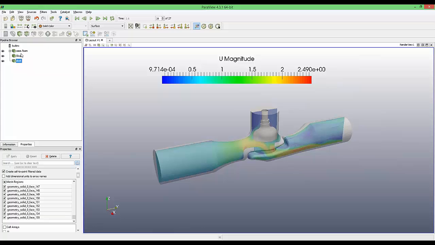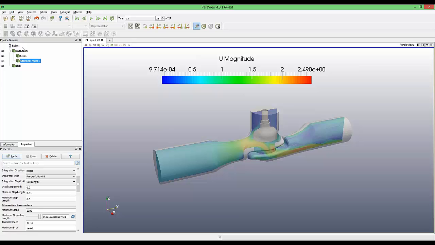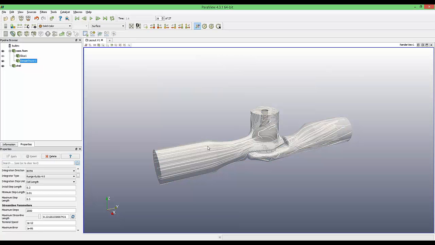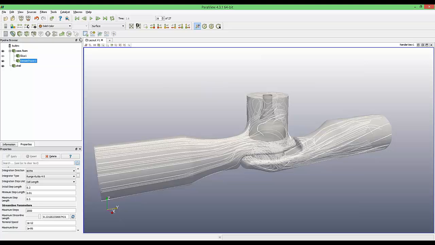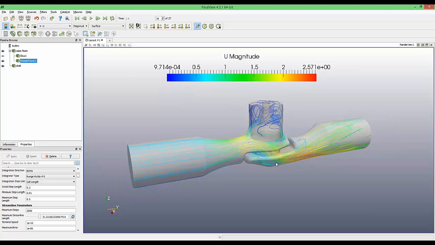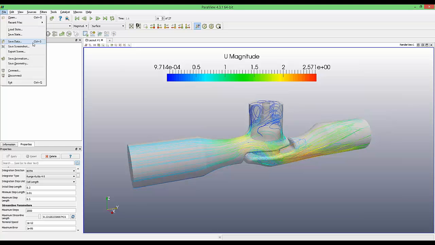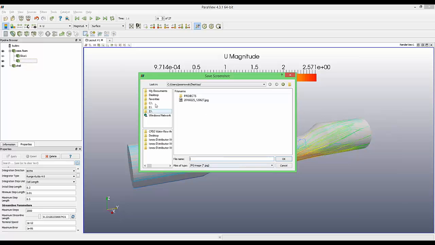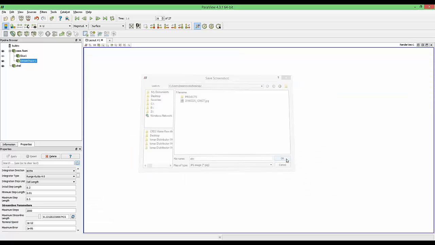Now we can apply stream tracers to the main data where we loaded the internal field. We'll be filtering and simplifying this representation. So I'll just hide the slice. We have a very nice representation. We'll go and show the velocity field once more and a very nice representation of it. We can again save screenshots if we so desire. And later use them for